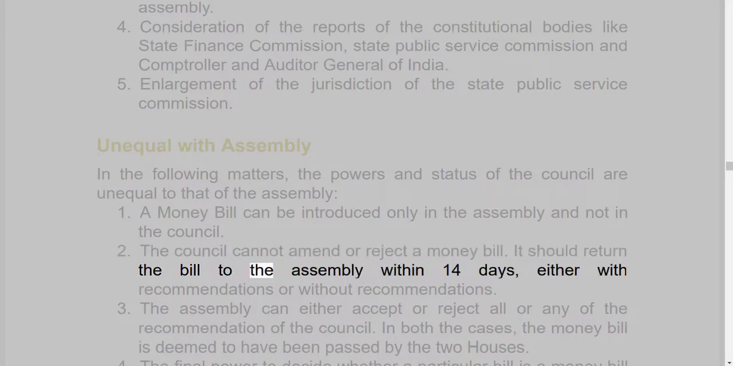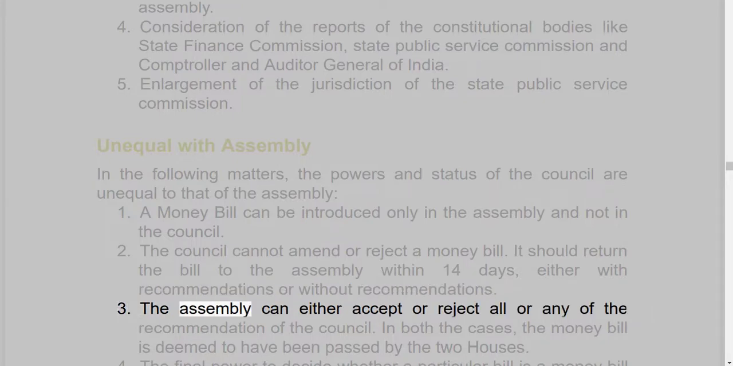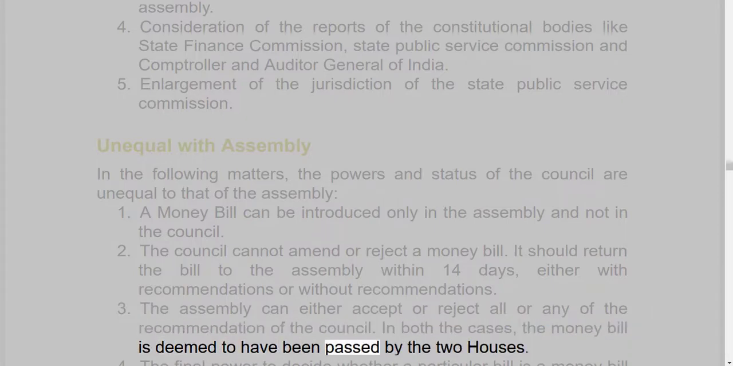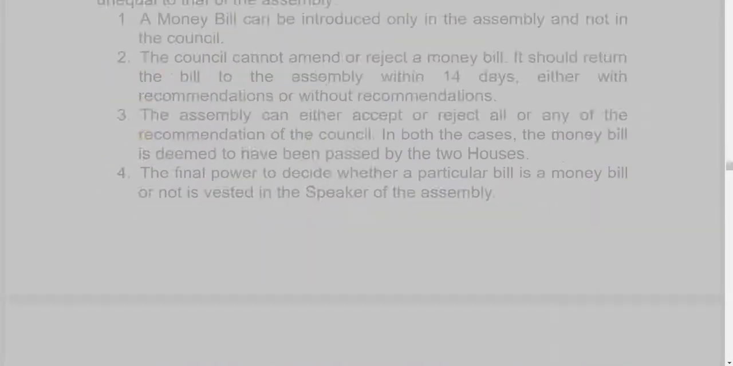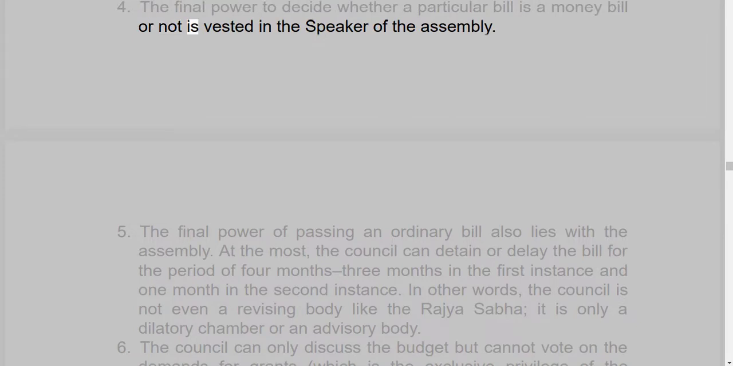It should return the bill to the Assembly within 14 days, either with recommendations or without recommendations. 3. The Assembly can either accept or reject all or any of the recommendations of the Council. In both cases, the money bill is deemed to have been passed by the two houses. 4. The final power to decide whether a particular bill is a money bill or not is vested in the